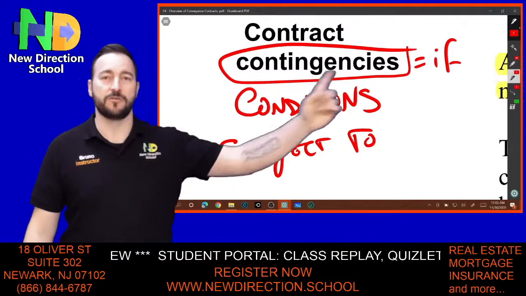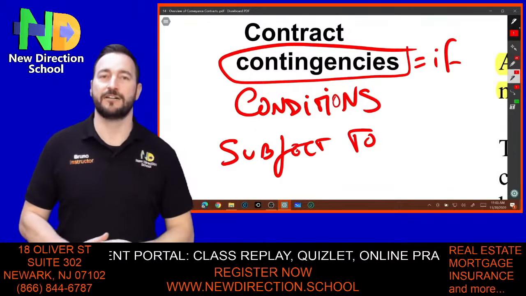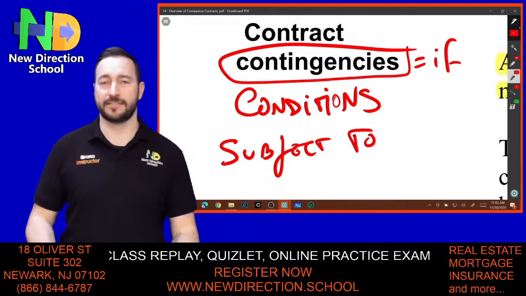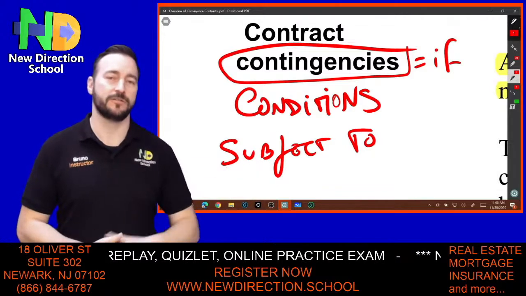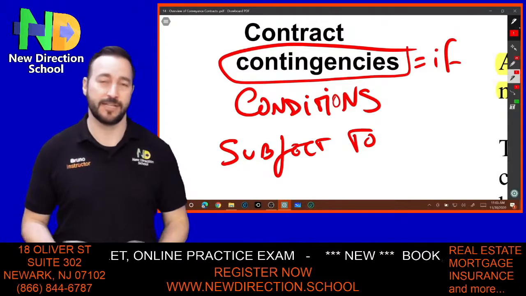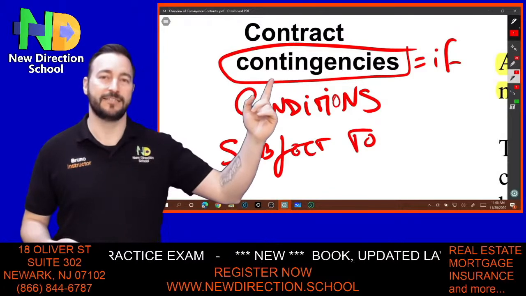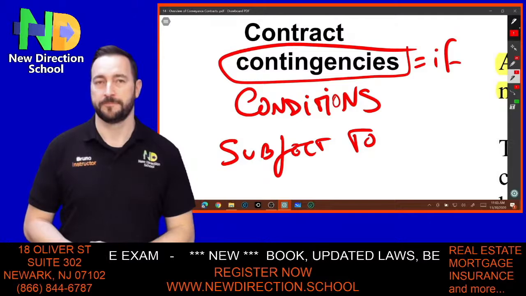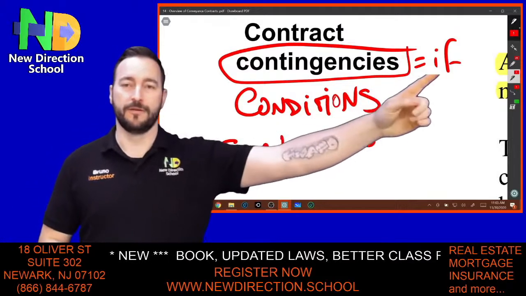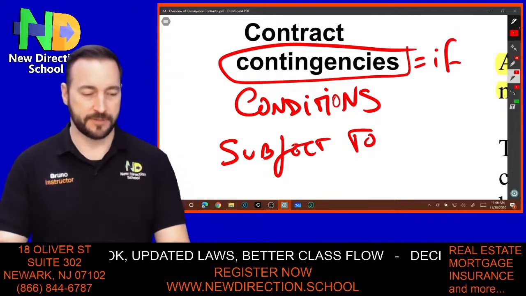So a contingency equals if there are certain conditions that will subject this contract to my purchase, right? So will I buy? Yes, I will buy if all these conditions, which this contract is subject to, are met. If the conditions are not met, what can I do? Legally, I can walk away because it was a contingency, because it was a condition to it. You guys understand? So every time you see contingencies, you got to think of conditions or if. If this happens, I will buy. Simple as that.